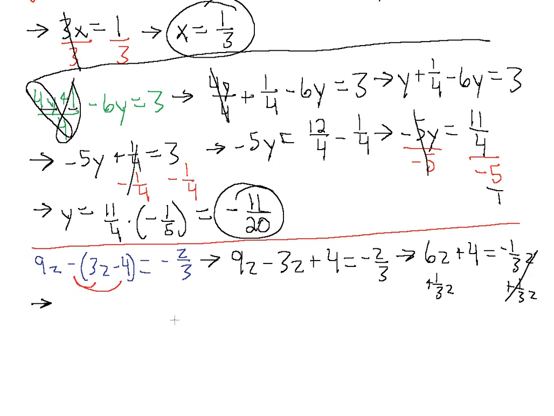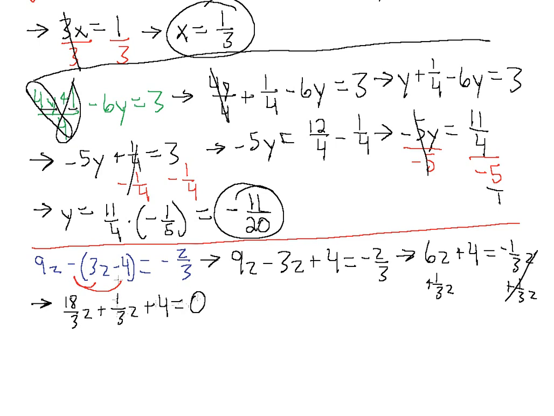This is going to cancel over here, and let's translate this 6 into a fraction with a denominator of 3. So this 6 is going to be an 18 over 3z. 18 over 3 is the same thing as 6. And then we have plus 1 over 3z plus 4